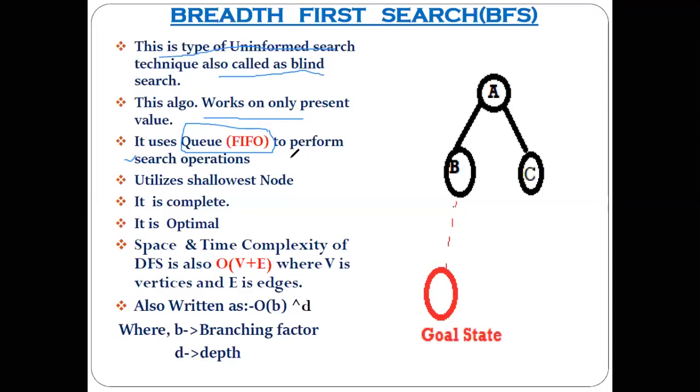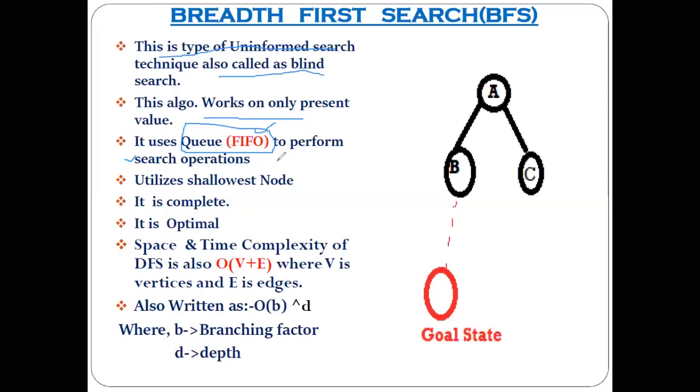NQ means NQ and the DQ. NQ in the sense insert, insert in the queue, and DQ is nothing but removing from the queue. And these removing operations are done using which order?